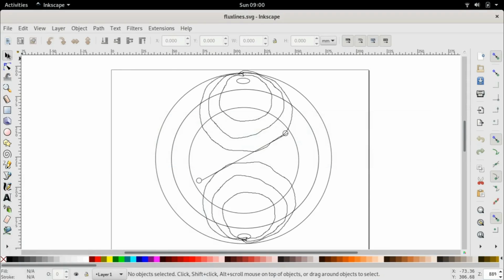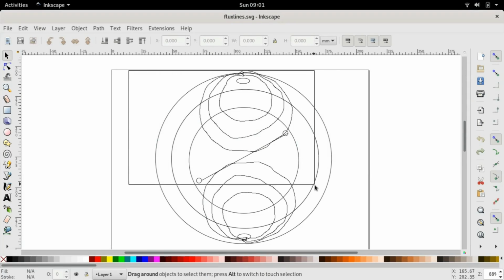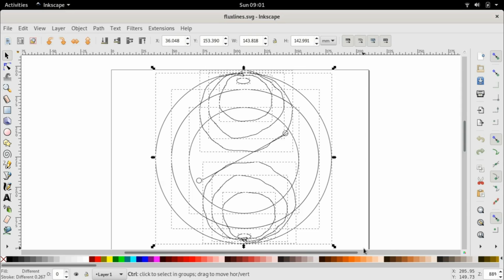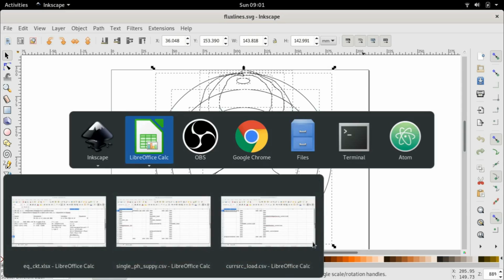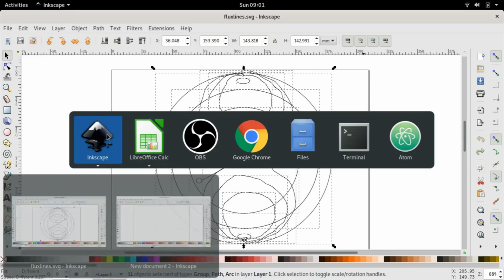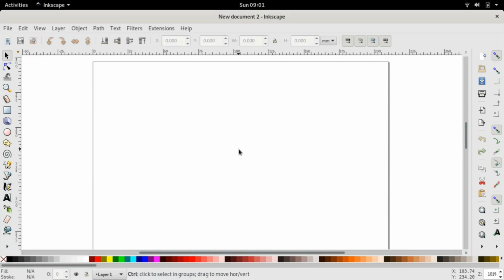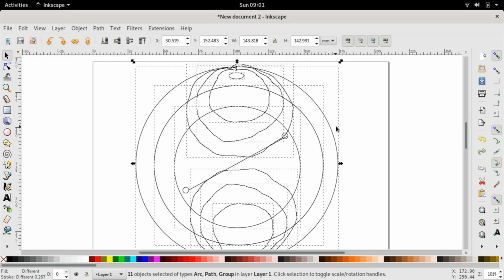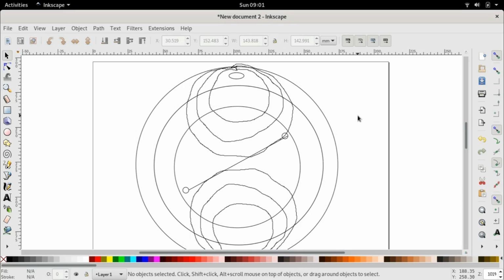And I'm going to copy this entire diagram and paste it here and bring it down. So we now have created a copy of our flux diagram in a new one, and